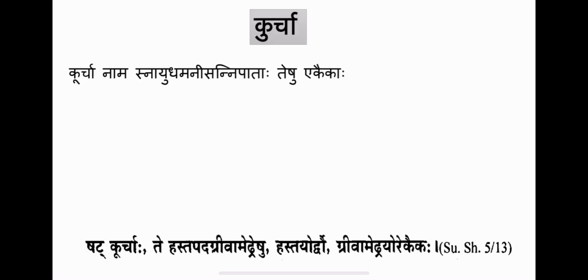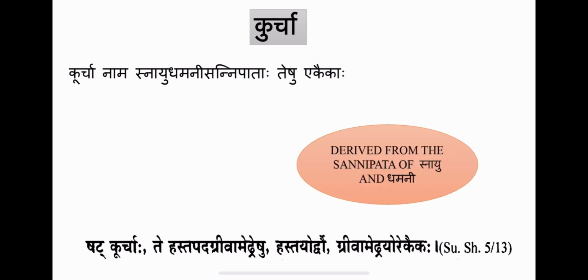Kurcha means fibrous structures, the structures which are fiber-like in nature, which are formed out of the Snayu and Dhamani. They are brush-like structures. So there are 6 kurchas in our body, according to the shloka, Shat Kurcha. So where are they present? Hastayor Dve, 2 in the hands, Padayor Dve, 2 in the legs, Griva Medrayor Ekaika, 1 each in the Griva